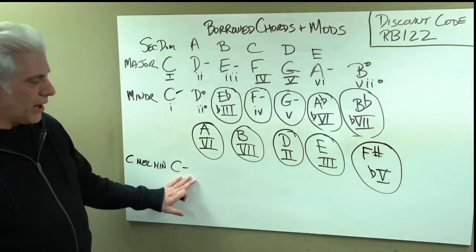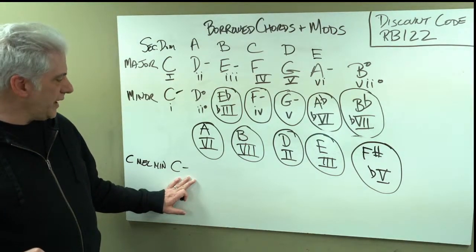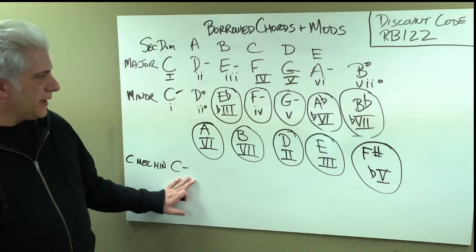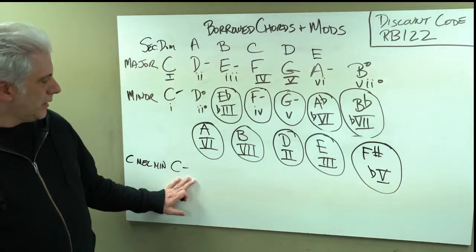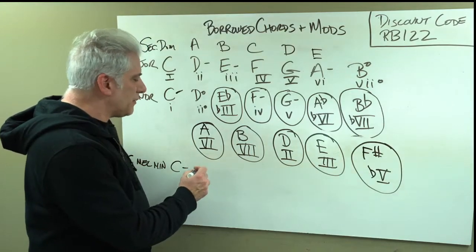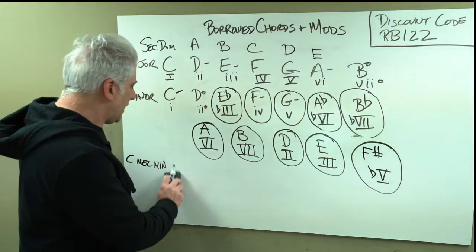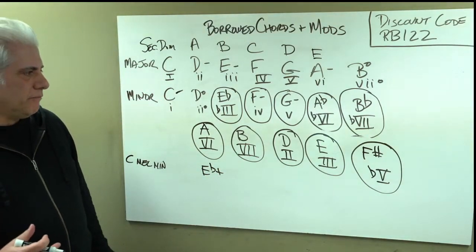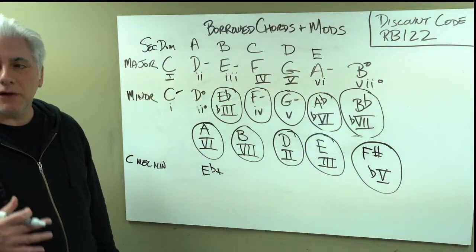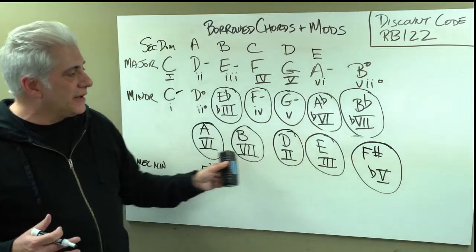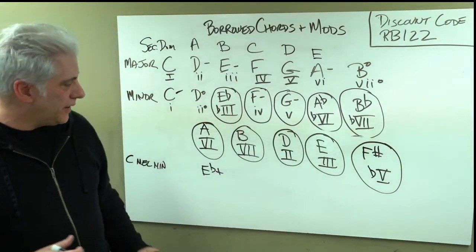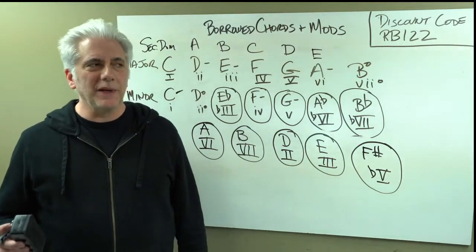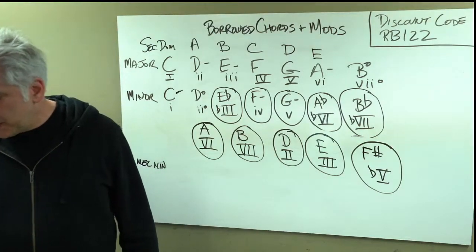And one of the borrowed chords in here in the key of C melodic minor, if we just look for the chords that are different, you get the E flat augmented. Some of these are not going to be really useful, some of the diminished chords, but E flat augmented is one of them. Most of the chords here that are going to be in melodic minor and harmonic minor are going to be contained in the rest of these chords between the secondary dominants. So I'm not going to talk about augmented chords. I'm not going to talk about the diminished chords because those are not really going to be used